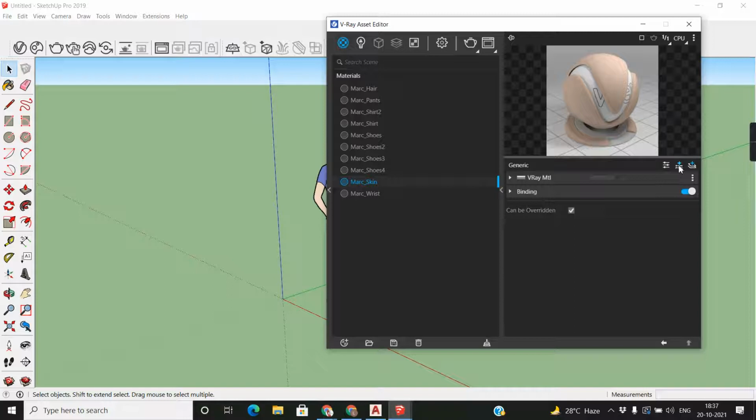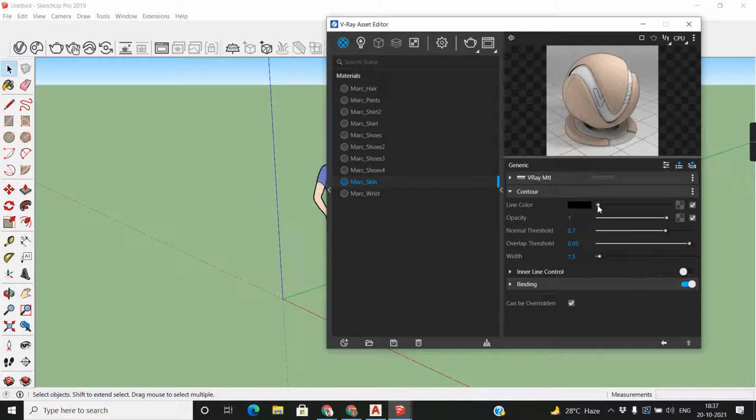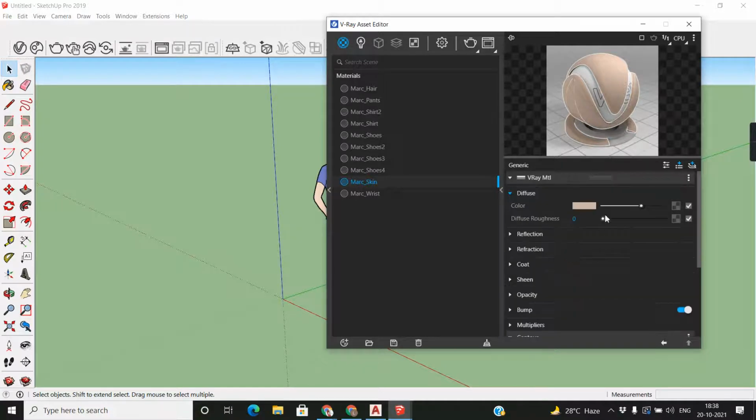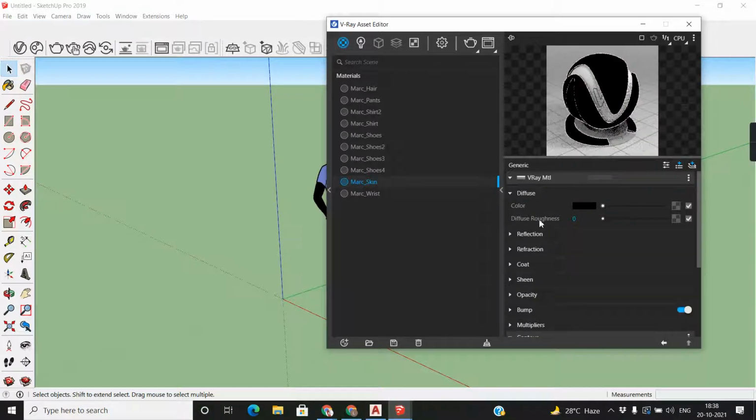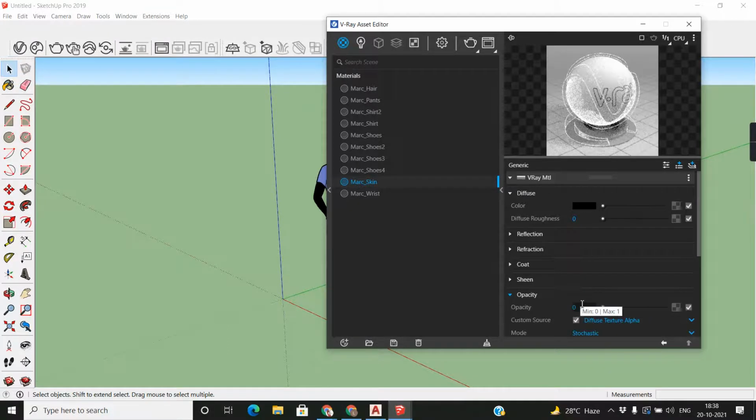And if you want to add something, add attribute, just click, look, bump, translucency. See, look, just outline.